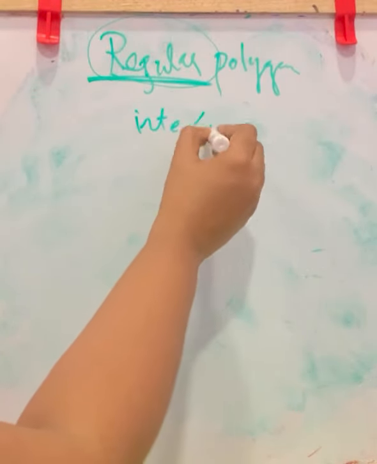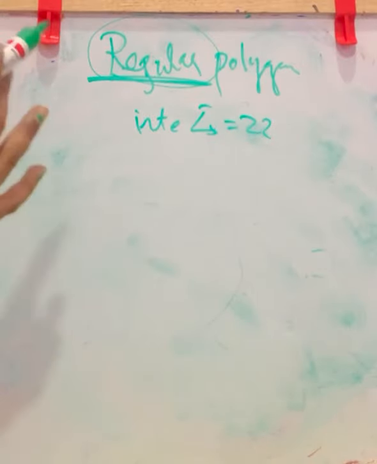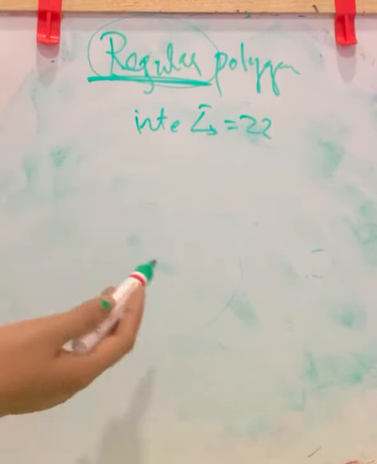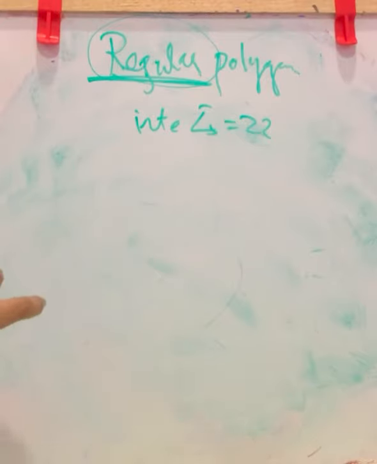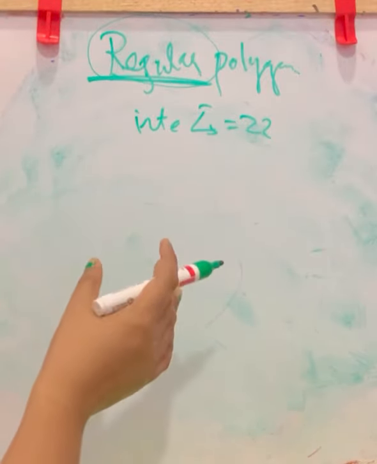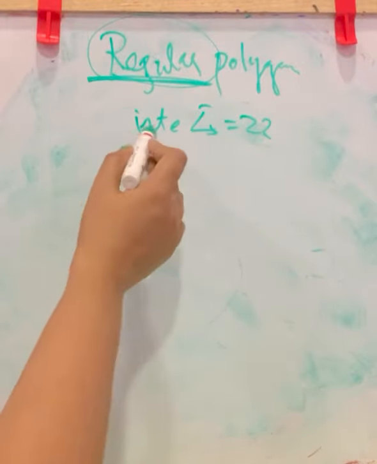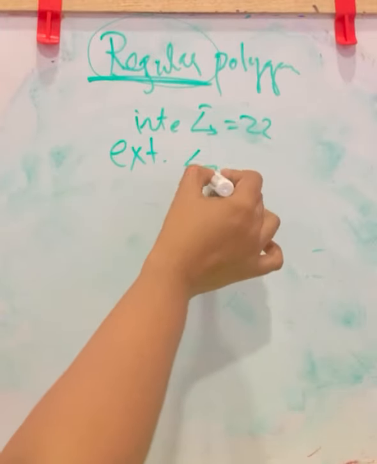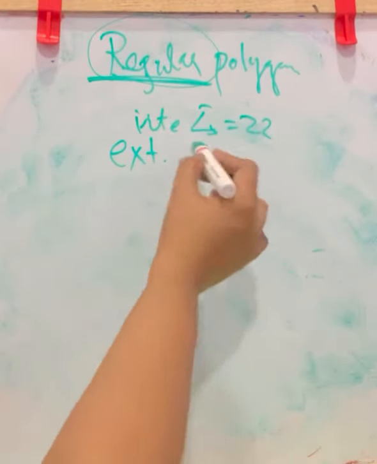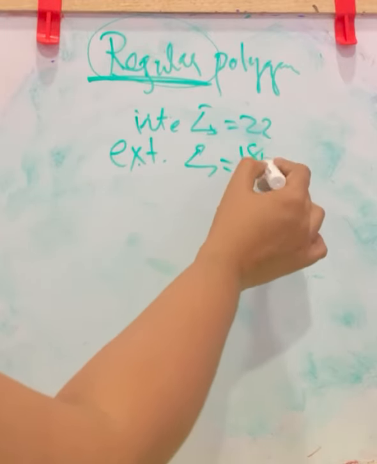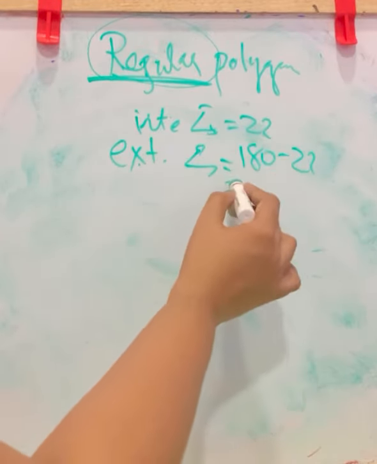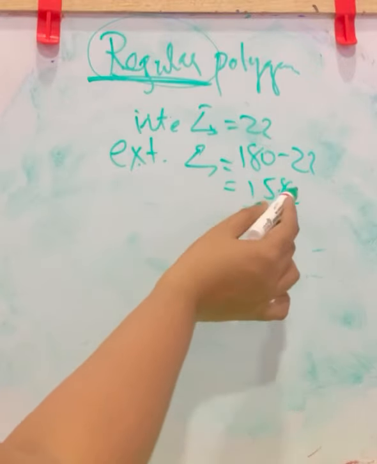Next, can it be an interior angle of a regular polygon? That is, can 22 degree be an interior angle of a regular polygon? Interior angle is 22. Here we have a regular polygon's interior angle. First we have to find the exterior angle from that. Then we have to do the sum of the exterior angles divided by each exterior angle. Then you will get the number of sides. So let us find the exterior angle first. Exterior angle and interior angle are linear pair. To find the exterior angle, you have to subtract from 180. 180 minus 22 is 158. This is each exterior angle.